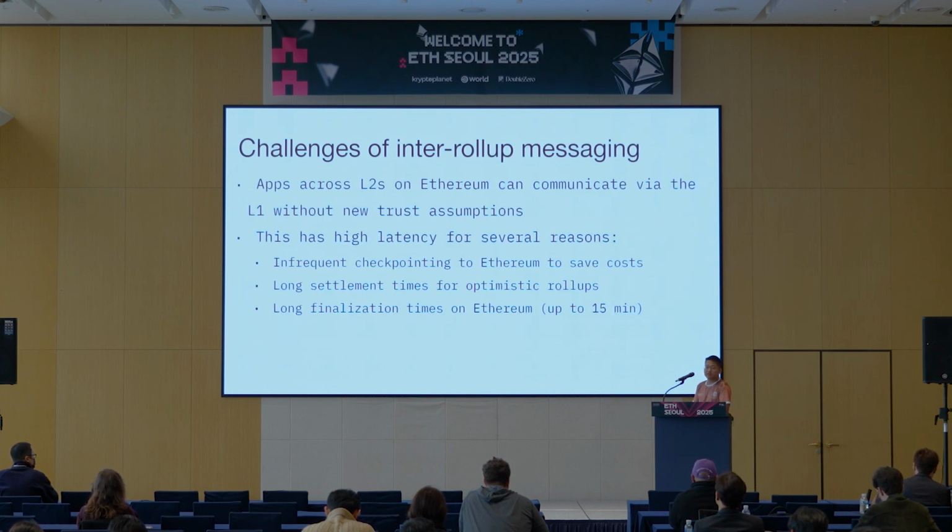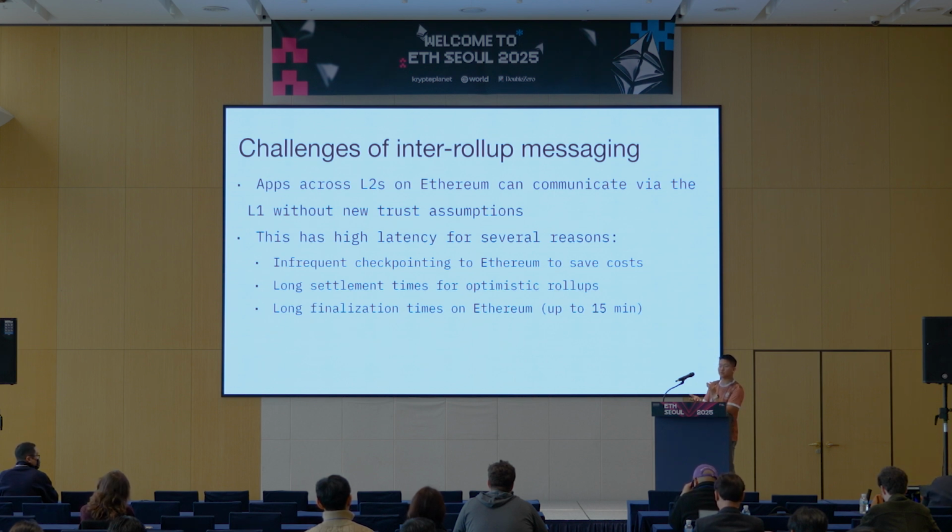It's actually a little bit better with rollups because there's the native bridge, right? Many rollups that settle on Ethereum have a native bridge. For instance, if you wanted to withdraw from a rollup, you definitely can. However, the problem is it takes hours or even days. And there's many reasons why the native bridge doesn't really work well for cross rollup communication, right?